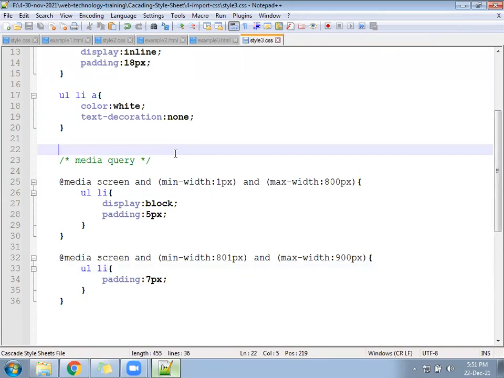Sir, here we have not written !important, right? But even though it is working properly. Working, but we cannot guarantee it for everyone's computer, no? In some computers it may work, in some it may not. But if we keep !important, it is guaranteed it will work. Without !important, you can't guarantee it will work in all browsers. But if you put !important, it is guaranteed, yes, it will work in all browsers. Understood? Okay, and that is the practice.